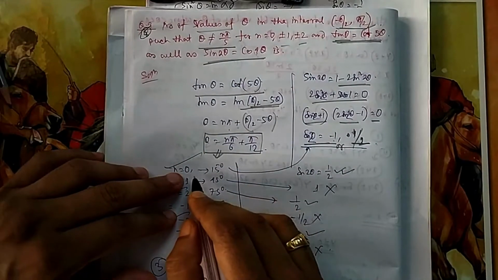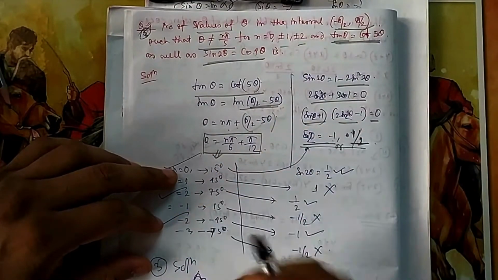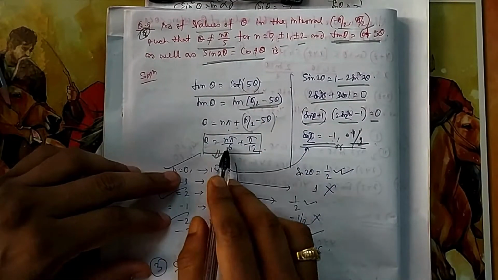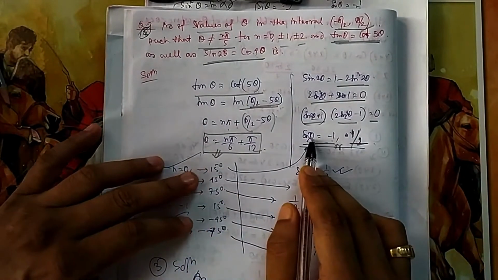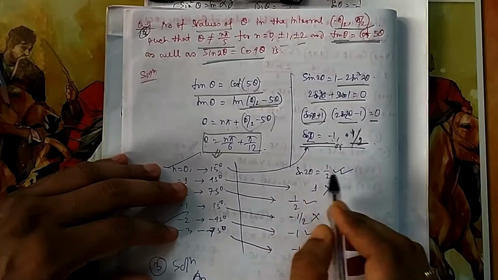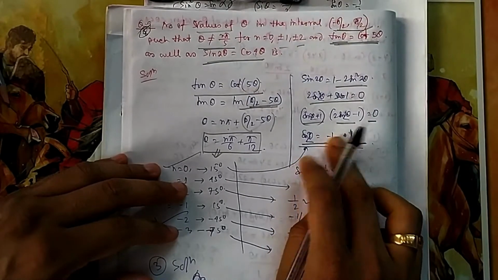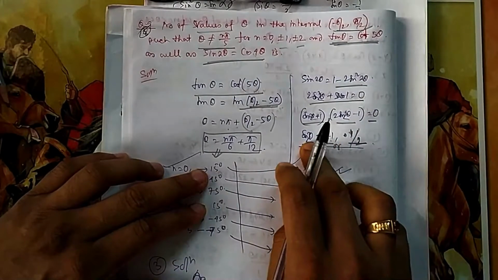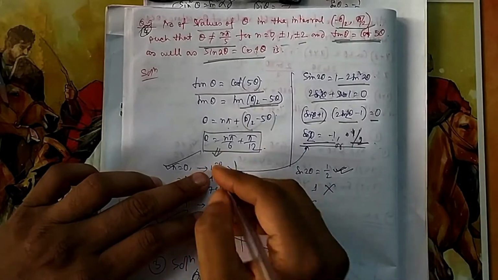So if I start from n equal to 0, because it is minus 90 also, so I have to go for minus 90 also, that you have to think. If I give 0, then it will be 15 degree, you can see. You put 0, 15. Now you put it here. If theta equal to 15, sin 2 into 15, sin 2 theta should be half, or it should be minus 1, either one of these. So if I put 15, sin 30 is half, so this one can be an answer, 15 can be an answer, so one answer I got.